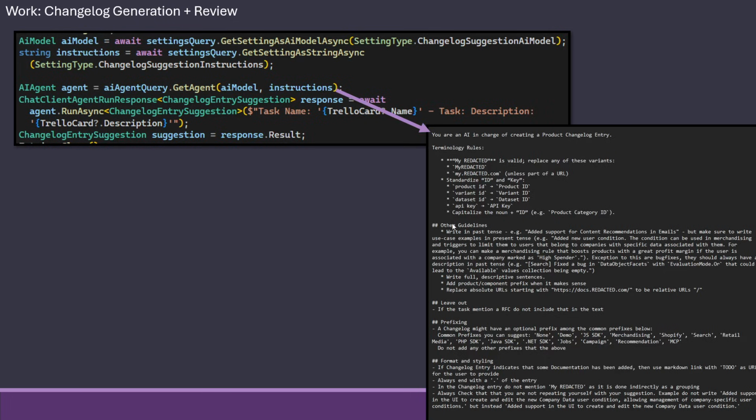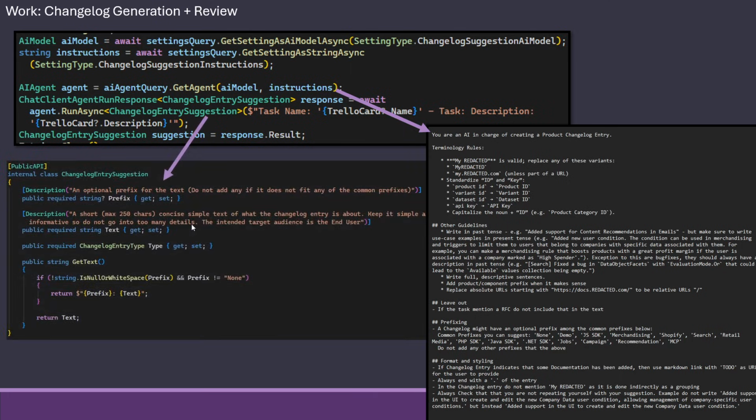There's some terminology rules, there's some guidelines, and what it should leave out, what it should prefix the data with, how the styling should be, and so on. And based on that, again, a structured output entry where it comes back and says what's the prefix, what is the text, what's the type, is it an addition, is it a fix, is it a deletion, and so on. So it just gives that back based on the input of the title of the task and the description of the task.